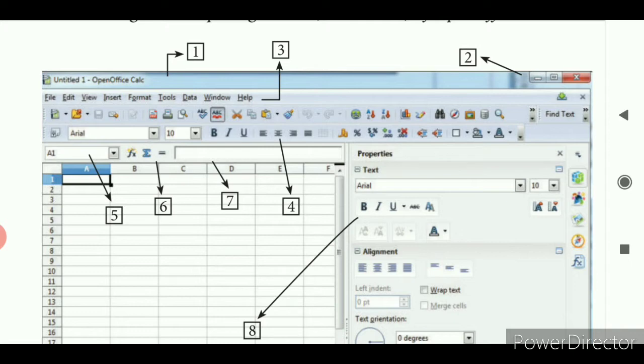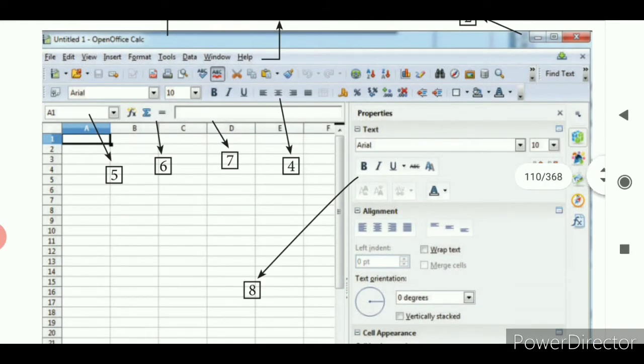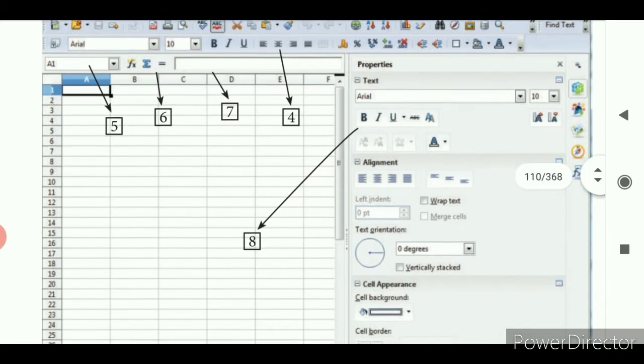Here you see column name A, row number 1 is the highlighted cell, so that cell name is A1. Then the seventh one is the formula bar. Then the eighth one is the formatting options: bold, italic, underline. Then alignments: left alignment. In the last lesson we saw left alignment, center alignment, right alignment and justify.